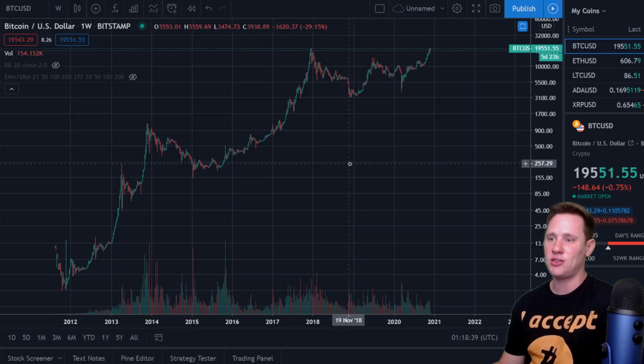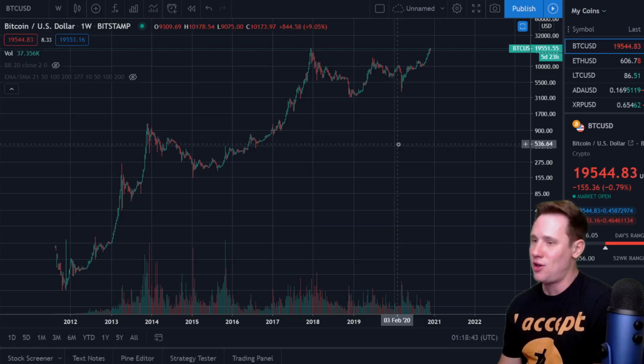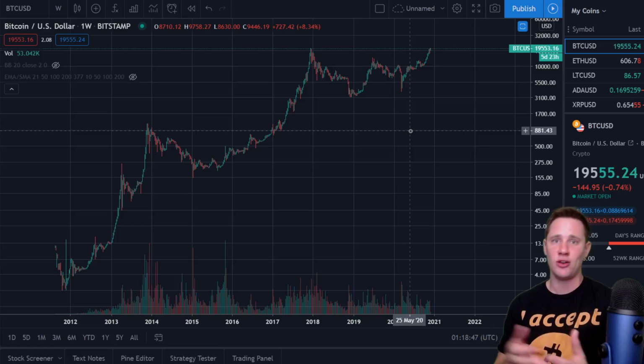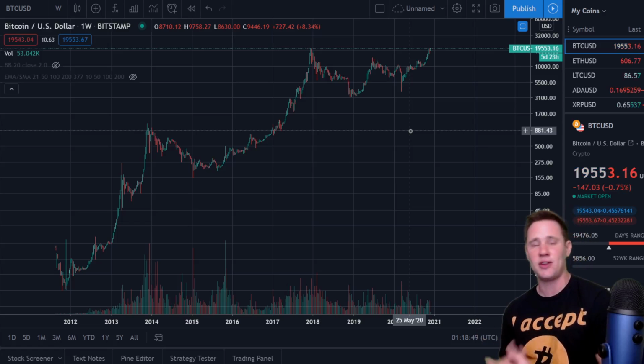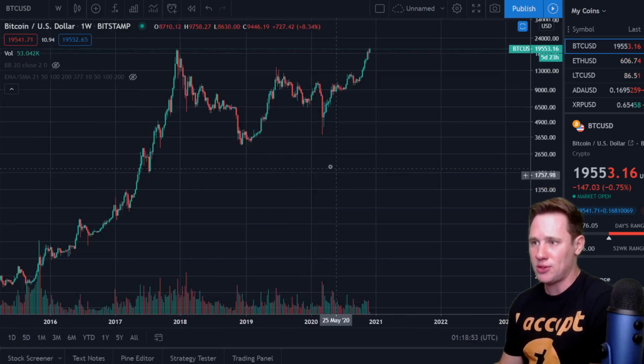A lot of good things going for Bitcoin. And then at the end of the day, supply and demand, only 21 million Bitcoin. I'm sure you know about that. We had the halving earlier this year. Typically after the halving, you have a bull run. Well, the halving was back in March. That was all the way back